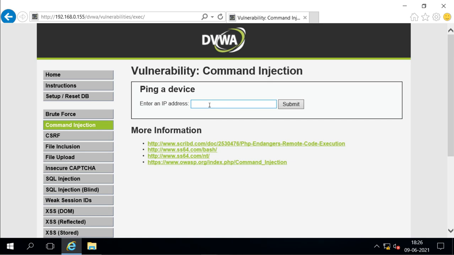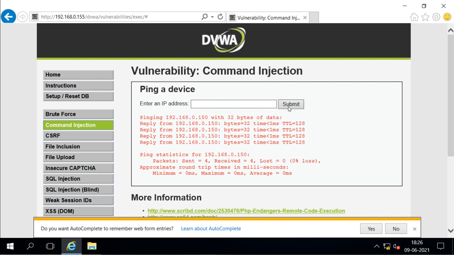So let's say I give the IP address 192.168.0.150 and submit. Now I'm seeing the reply for that ping request.